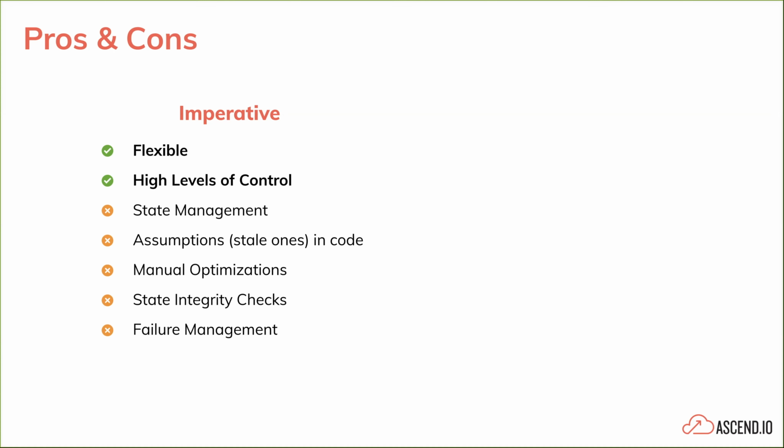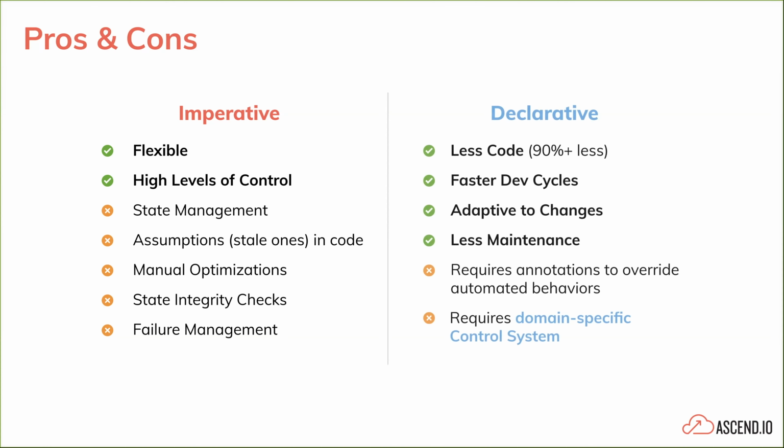If there's an opportunity to reuse an already created artifact, if there's an opportunity to create something that's incremental that's not currently being incrementally done, you must manually optimize all of that. You need to figure out your own integrity checks and figure out what's the current state of the system. And if you naively scheduled something to run every day, and for some days it broke, you need to figure out what state am I in, and which partitions do I need to repair, which ties into this failure management as well. So those are the cons of an imperative system. But let's compare that to declarative.